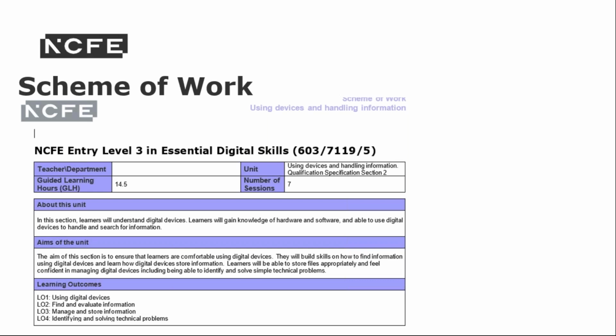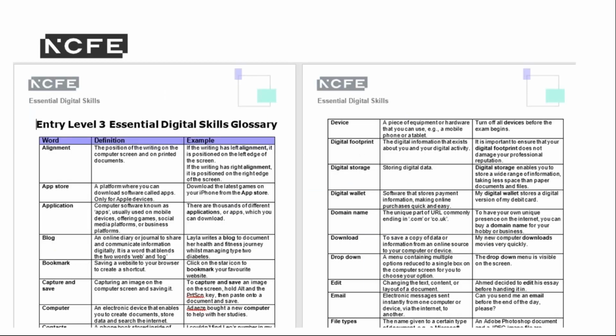The 5 schemes of work for each qualification are written to cover each of the qualification sections, and the schemes include suggested learning activities, timings, additional resource ideas, including links to websites, videos, and online articles. And they are an essential starting point at any centre. And then within this section, you'll also have access to the Essential Digital Skills glossary pages as well.